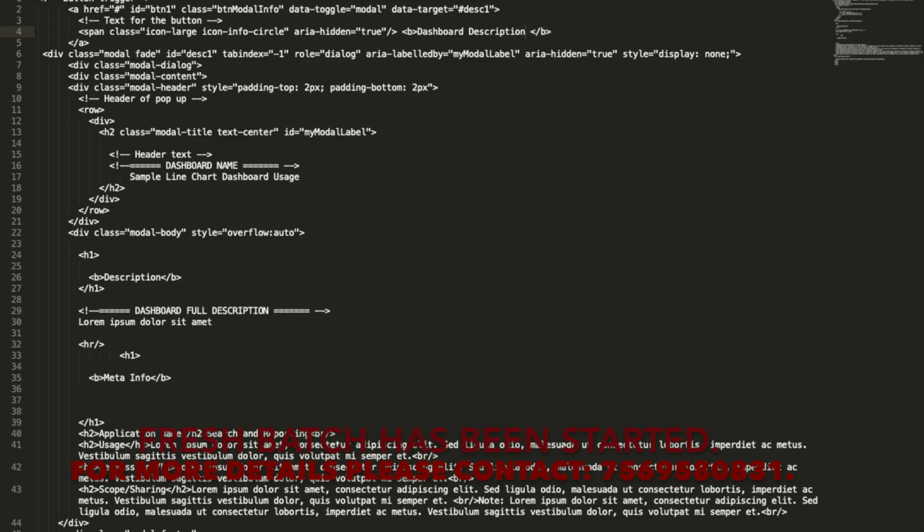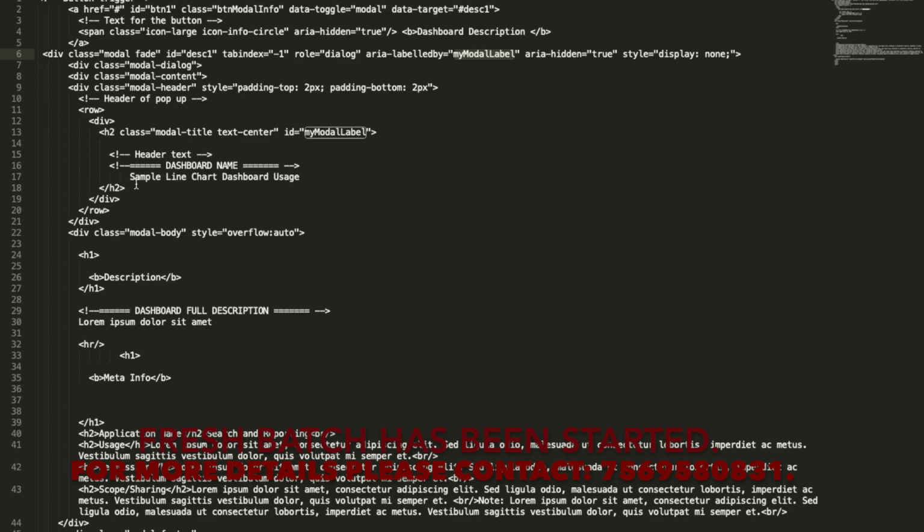Okay, so like this we can always give, and again we do have a class with the id. So this is the one where it will be opening this particular class. Okay, and this is the my model label, this is the particular one which is responsible for opening this actual header text. So the actual pop-up model, it is responsible to open. So once by this particular label, it will be opening this one. Okay, so once you come over here,